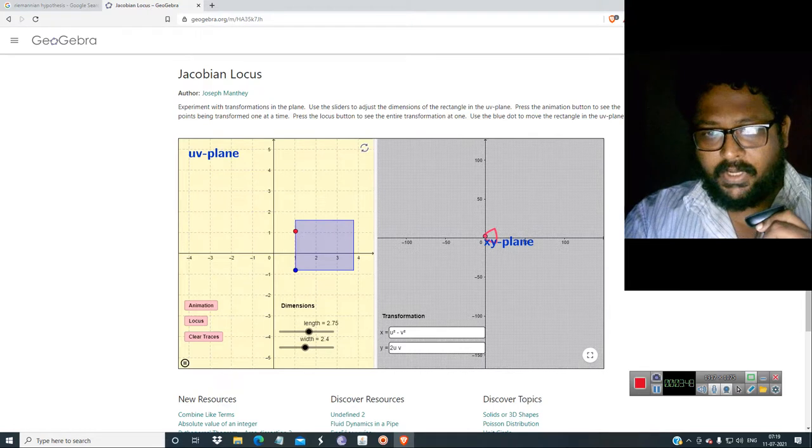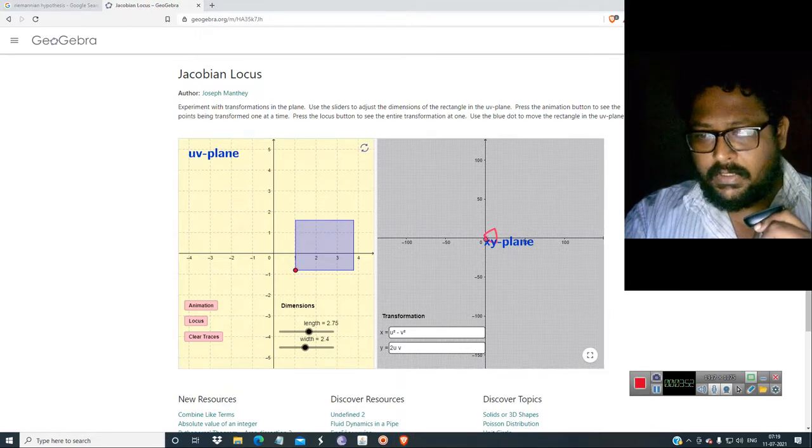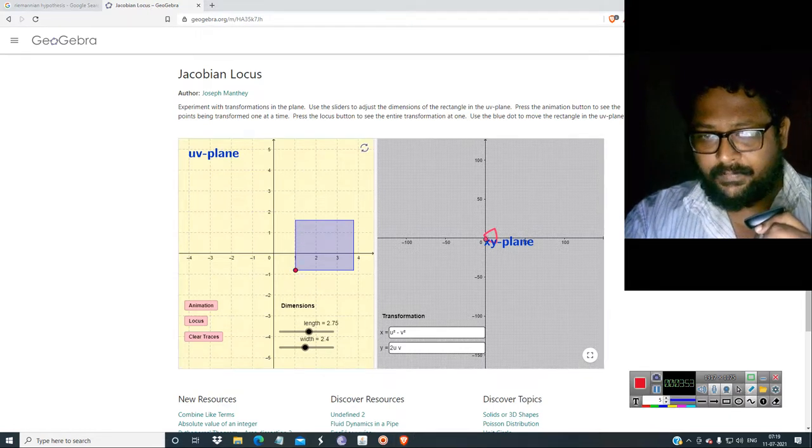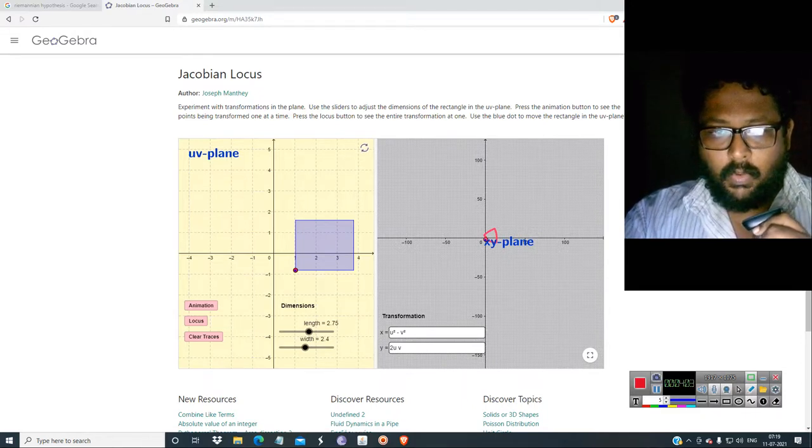At this point, here it is -1 comma 1, but there it is nearly 0.3 comma something. Here it is 1.8 comma 3, but there it is 6 comma 2.